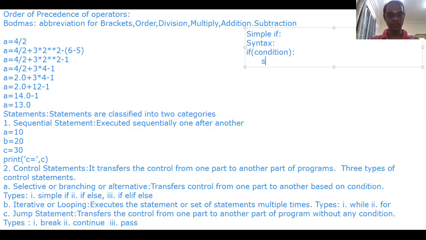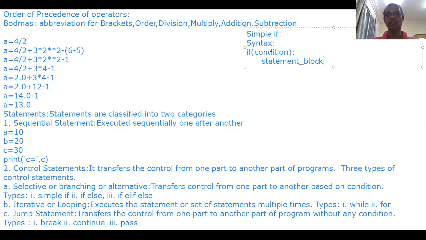Here we should have one statement block. So your syntax is: if the condition is true, this statement will be executed. If the condition is false, the statement block, which may be a single statement or a group of statements, will not execute.